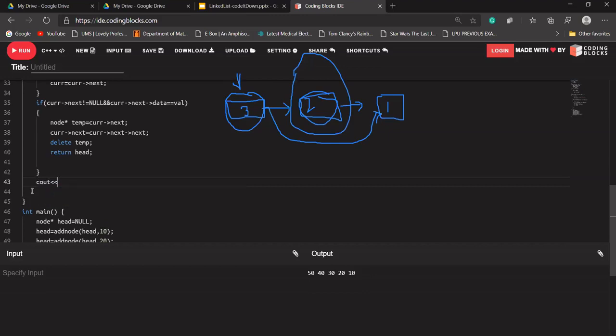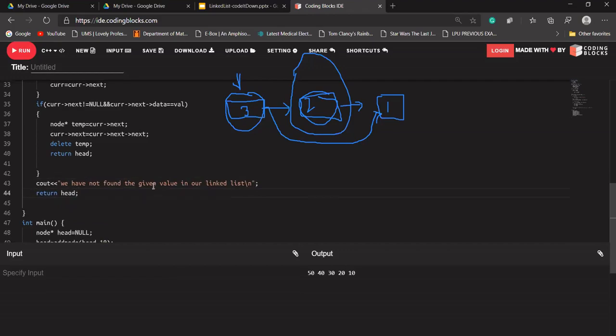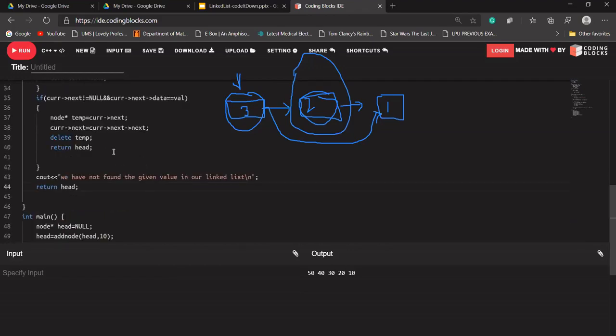So we can simply write that we have not found the given value in our linked list, and it should simply return our head pointer. Okay, it should simply return our head pointer because we don't need to delete anything if we did not find our data.